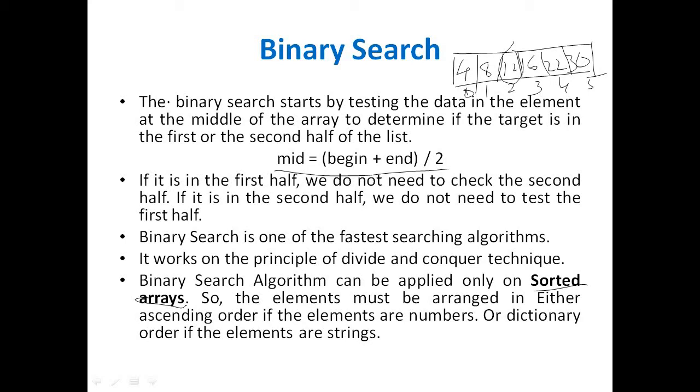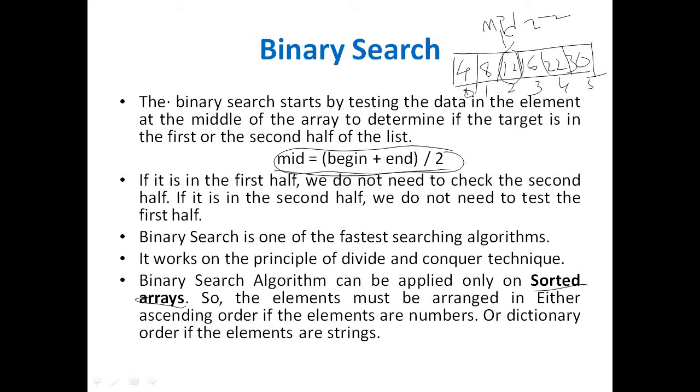If the elements are in sorting order, then we can easily search whether the element is found or not, with the help of calculating the mid value. How are we going to find? Assume I have the elements 4, 8, 12, 16, 22, 30. I want to search whether 22 is available or not in the list. First we calculate the middle value. In this list, middle is 0 plus 5 by 2, which means 5 by 2 means 2. So the second cell will be pointed to as mid.